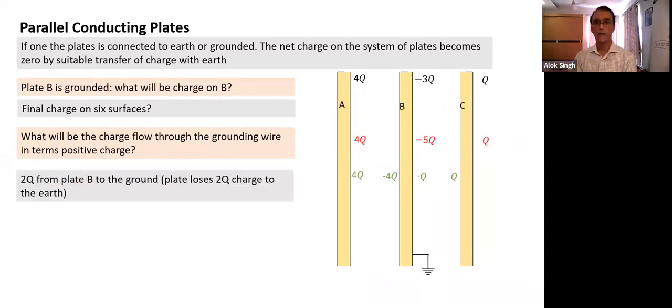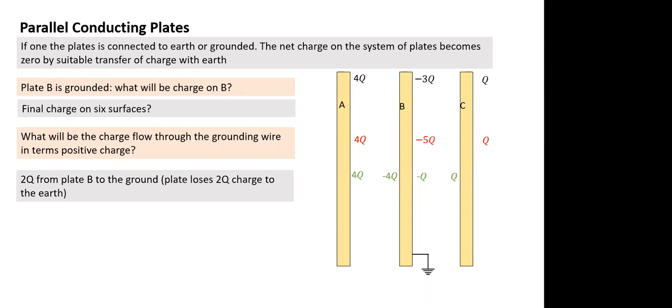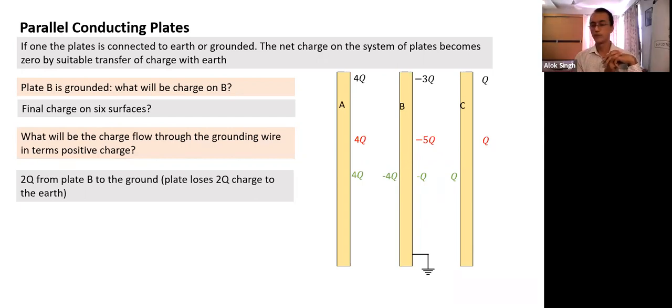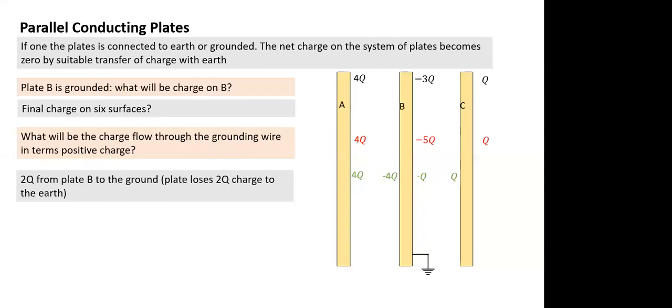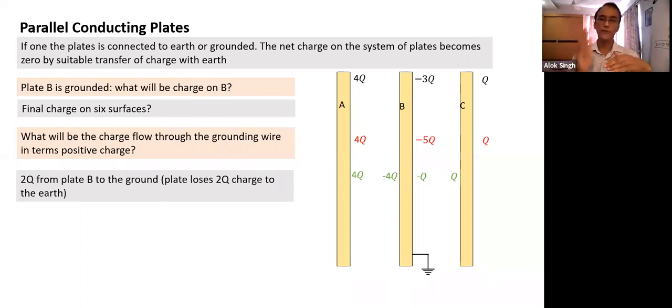Okay. So can we also calculate the potential of plate A? Anyone can tell me what is the potential of plate A if the distance between plate A and B is equal to D? Sir, you're asking potential difference? No, I am asking potential now. There's a reason I'm asking potential now. In the previous case, unless a plate is grounded, I cannot calculate potential. But since one plate is grounded, what is the potential of plate B now? 0. The moment I connect it to the ground, the potential of plate B is defined. The potential of plate B is 0 now.